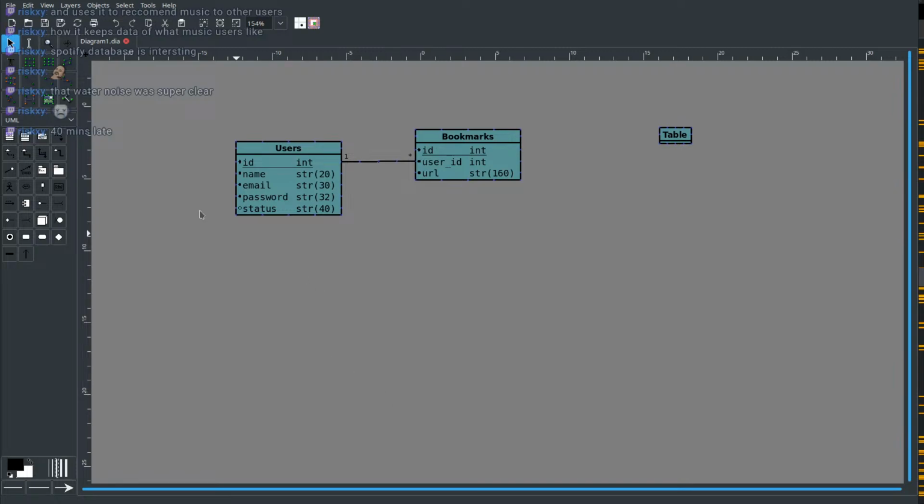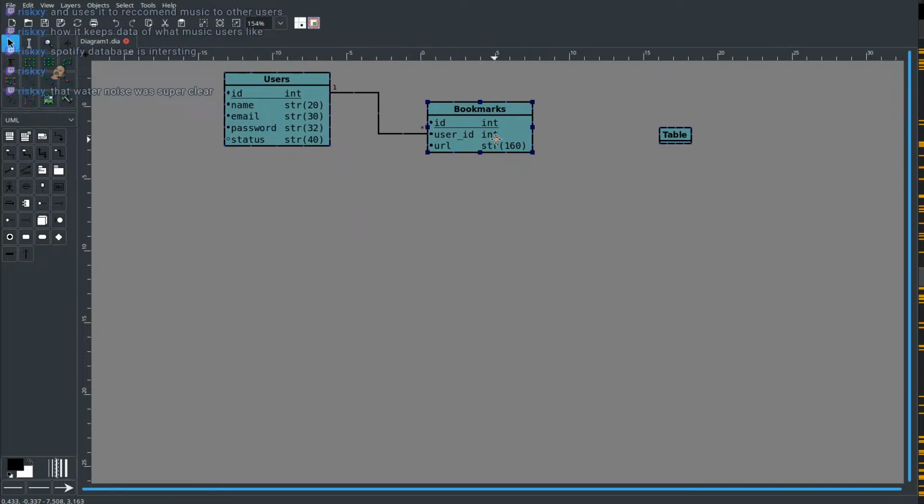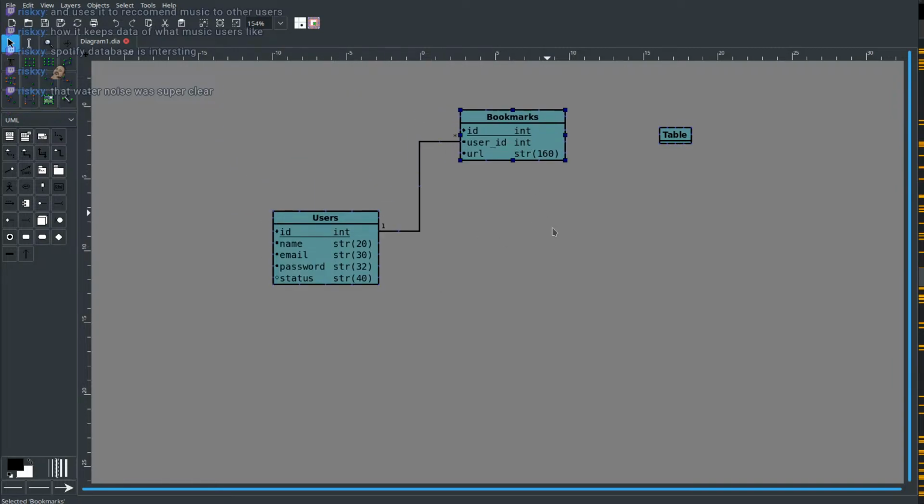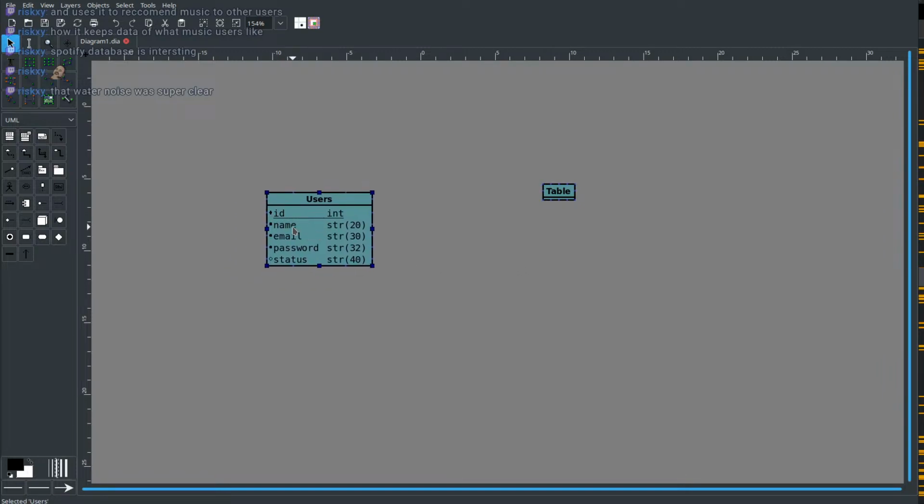I guess we can just start with tables. I think this is a good starting point. So yeah, we don't use bookmarks. This will be explained later. So let's see, user. What kind of data does a user have on Spotify? Let's see. So user,